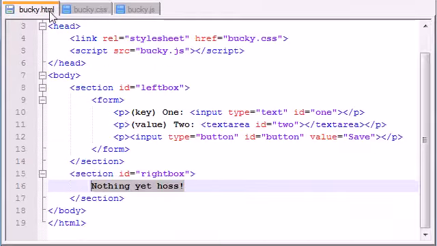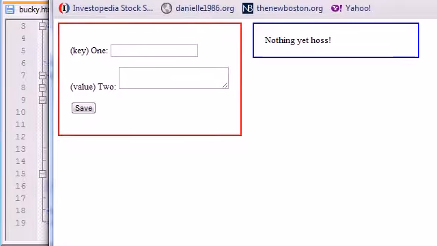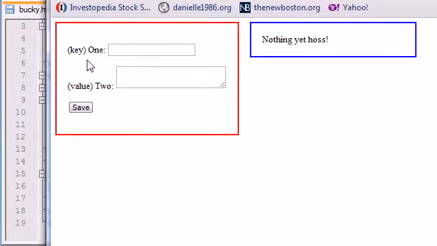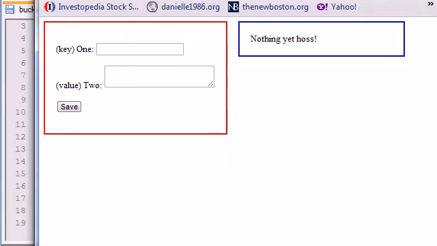So let me save this and check it out. Alright, so let me move this so you guys can see. Basically, this red one is the left box, and you see the padding around it of 20 pixels, and this right one is called the right box. And this margin-left is what gives us these 20 pixels of space right here. But anyways, now that our website is looking pretty good,